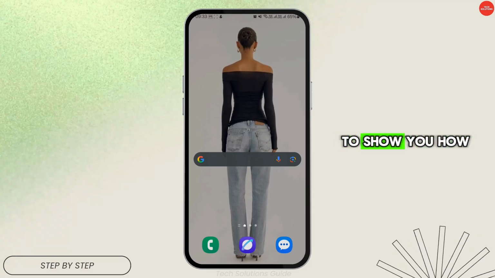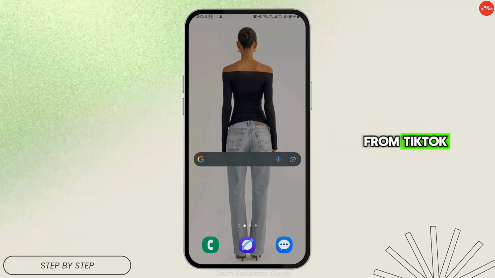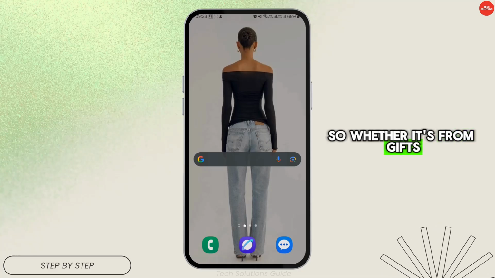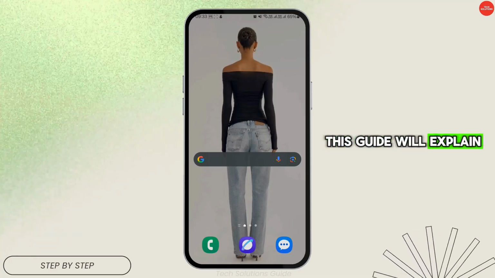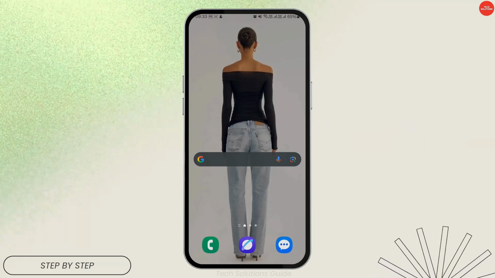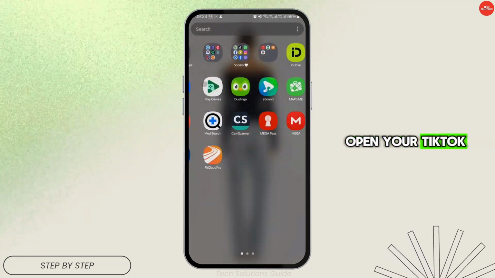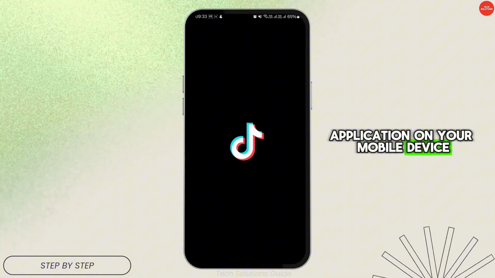So today I'm going to show you how you can withdraw money from TikTok. Whether it's from Gifts, the Creator Fund, or TikTok rewards, this guide will explain how to get your TikTok earnings. So first, you need to go ahead and open your TikTok application on your mobile device, log into